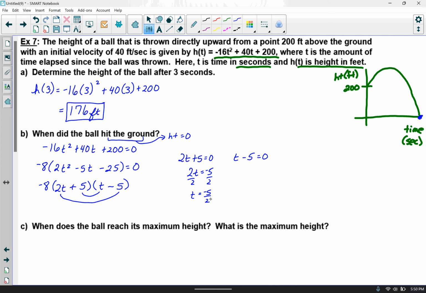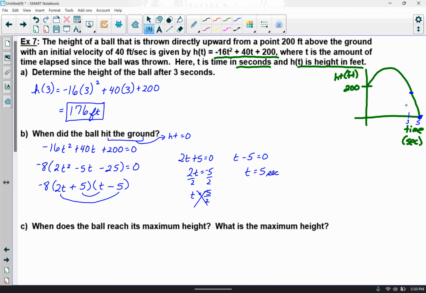We're talking about time, so negative 5 divided by 2 is negative 2.5, so that negative time doesn't make any sense, so we're going to ignore that one. Come over here, solve for t, so I pull that 5 over, so t equals 5 seconds. So then we know now that that time there is 5 seconds, and then roughly that 176, we'd say probably is roughly about here. So this would be my 3-second mark. So my graph over here is definitely not to scale,